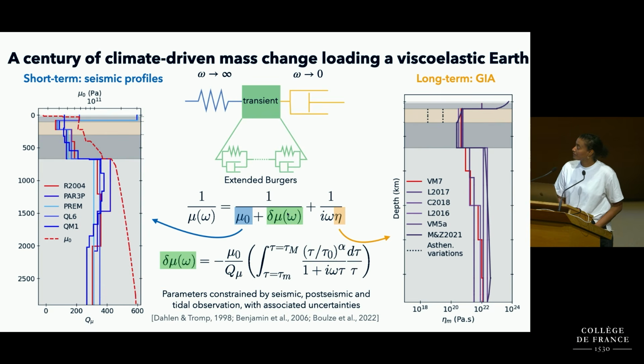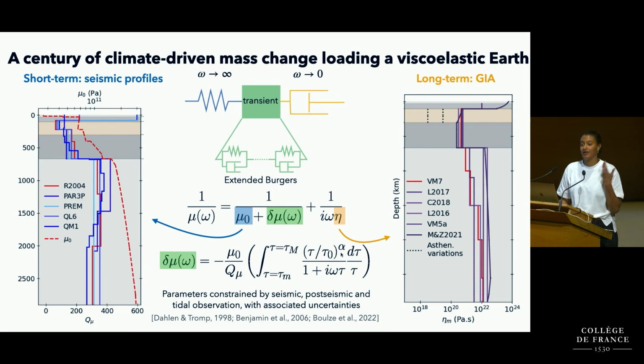And then we need a model for transient shear moduli, a frequency-dependent transient shear moduli. And for this, we can turn to the formalism that is used for seismic attenuation, because it's the same problem. We also have attenuation that depends on the frequency. And we can constrain parameters of this law using other types of observations, seismic, post-seismic, and tidal observations,